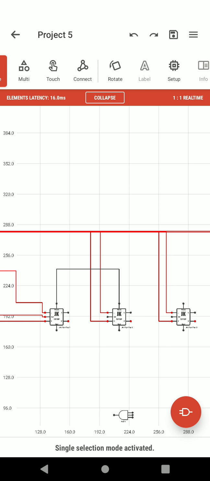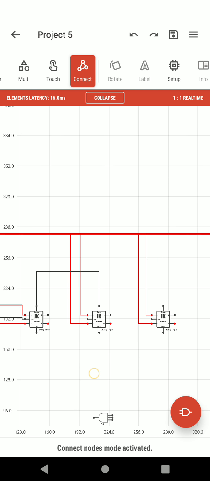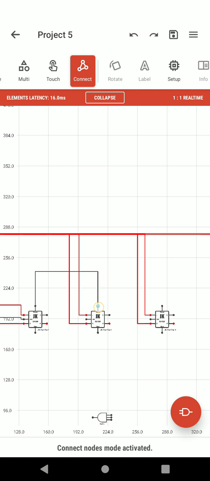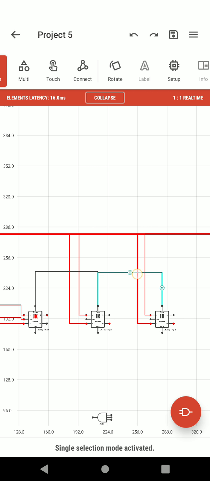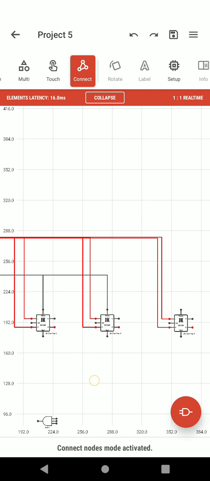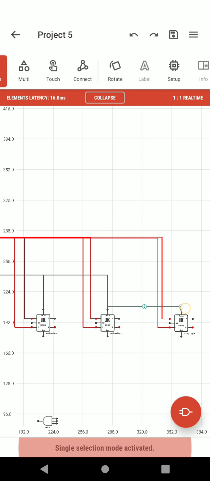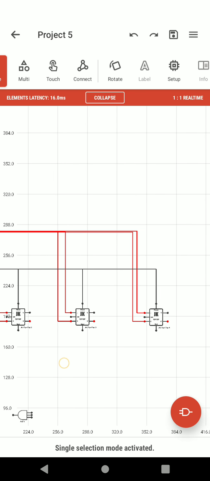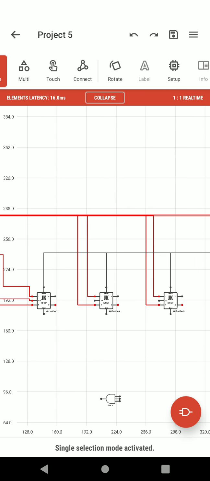And again the same, connect preset of the third and fourth flip-flop. So 1, 2, 3, 4, we have connected the presets.